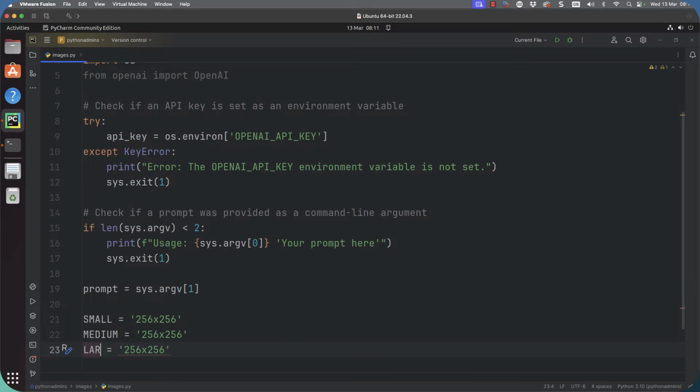And then our large is going to be 1024 by 1024. So let's make sure we put in those right sizes. 512 by 512, and then 1024 by 1024.